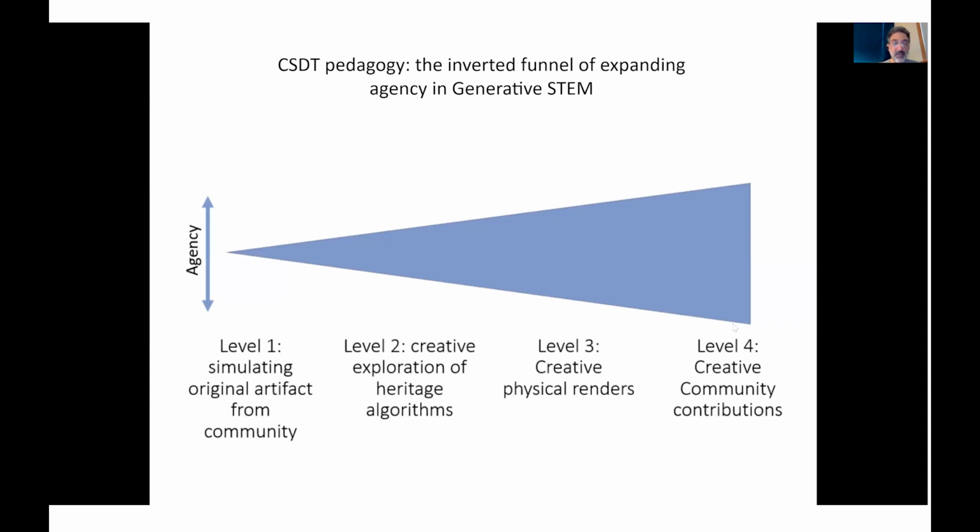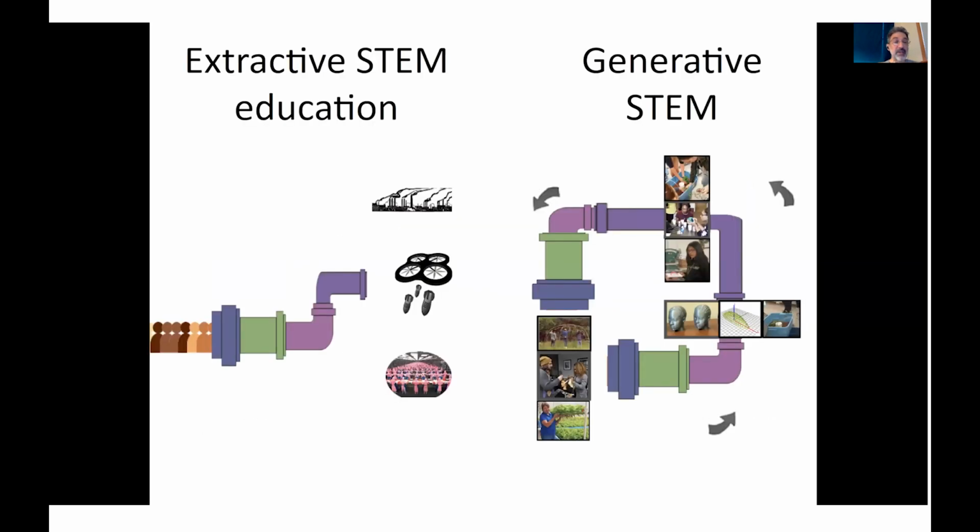So you want to give back to the folks who generated that value in the first place. We don't want high diversity going into the STEM pipeline and the same old destructive artifacts coming out of it. That's not a change. That's just telling Google and Facebook, we're going to help your human relations look better. What we want to do is substitute the old extractive STEM for a generative STEM, for something that loops back